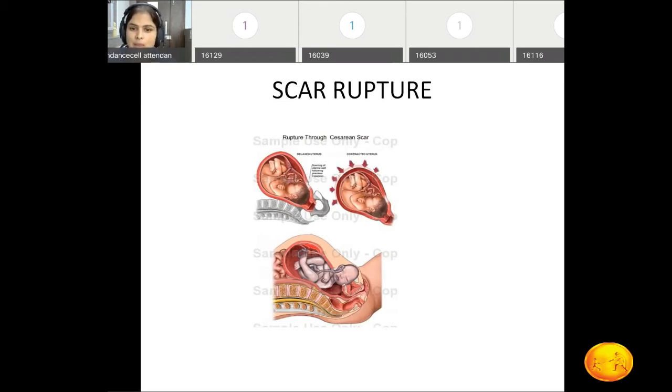Okay, and how to check scar tenderness? We have always seen it in the clinic. Those of you who have not seen it, kindly read in the book, or you can see some YouTube videos and do it. Basically, where the lower segment scar is, you press there and see the expressions of the patient. Engage the patient in a talk, press on the lower segment and see. Basically, scar tenderness checking means you're checking the scar on the uterus, not on the skin of the abdomen. Okay, then